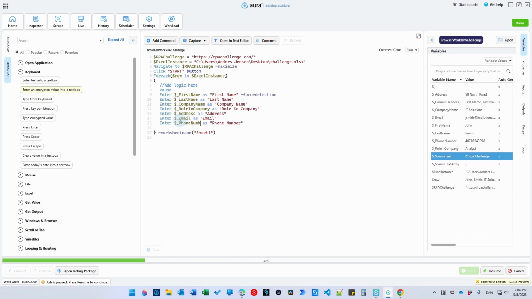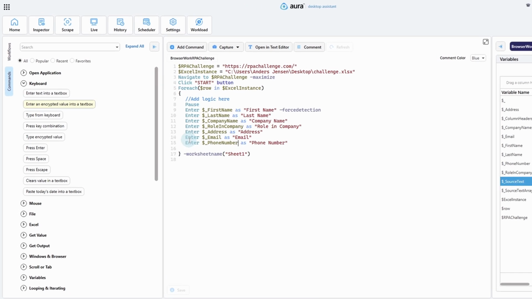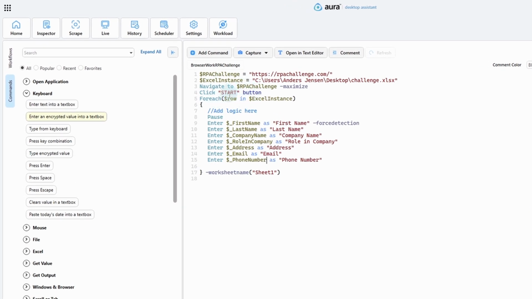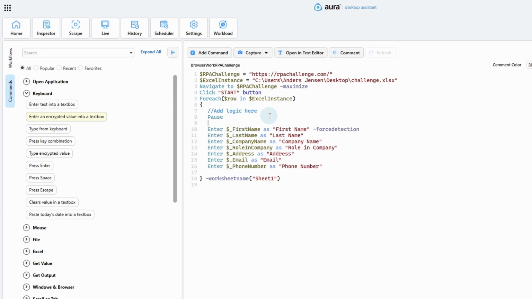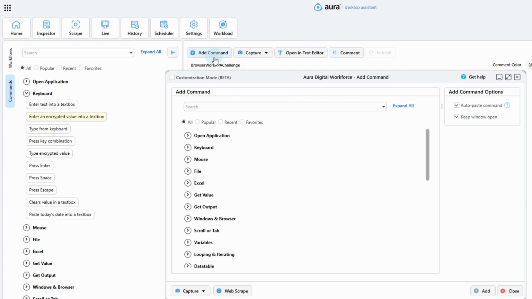Phone number, like this. Now we just need to say that here we activated the for each. We need to go back to the browser instance instead of the Excel instance here. And what we will do is up here, we will say add command, Windows and browsers here,